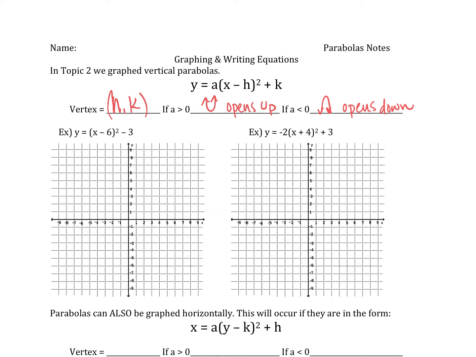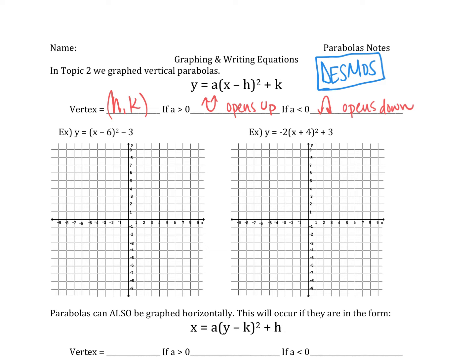Remember, if you forget, you can always go to our favorite tool, Desmos. That is not cheating. Just type that bad boy in and you can look at it that way. But we can also graph the way we've done before, where we use our 1, 3, 5 rule